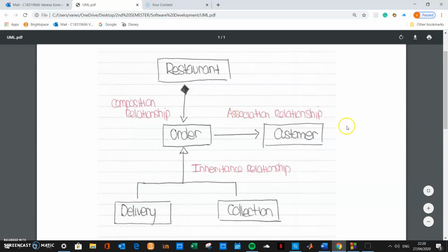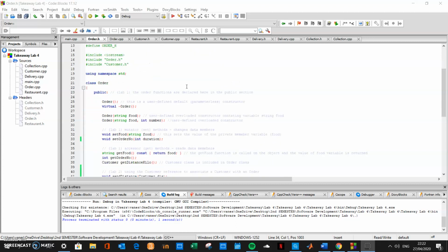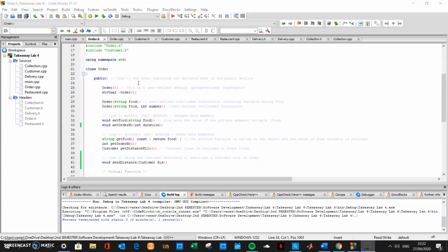There's the association relationship between the order and the customer. There's the composition relationship between the restaurant and the order, and there's the inheritance relationship between the delivery and the collection. Here we will start with the header file. The header file is used to share information among various files. So in the public section,